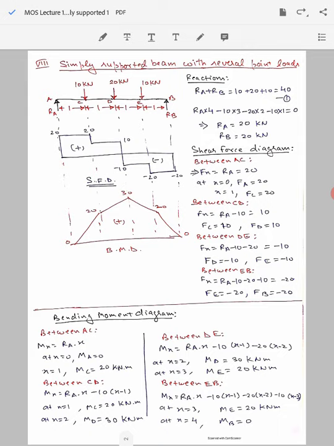You can keep on going, and then you see if you cut it between E and B, there will be three forces and three moments in the anti-clockwise direction. Two were already there in the previous equation. The new one that has appeared is minus 10 into x minus 3. You evaluate this equation at x equal to 3 and 4. So you find that at x equal to 3, ME will be equal to 20 kilonewton meter, and finally at B, MB equal to 0.